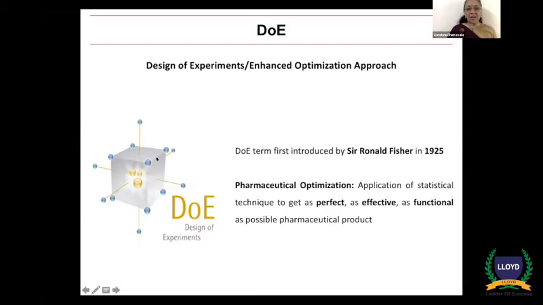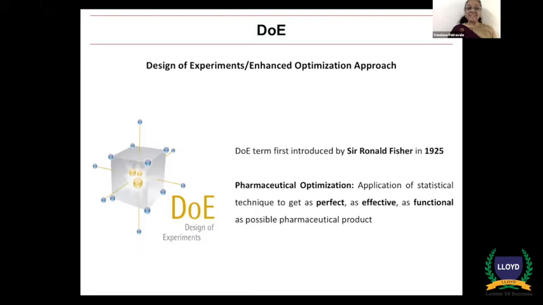I'm not sure how many are from our pharmaceutics field, but definitely remember that this can be applied all across. Pharmaceutical analysts can apply this, chemists need to apply this, ecology people obviously have this as an integral part, and so do pharmaceutics people. So DOE, pharmaceutical optimization, is nothing but application of statistical technique to get as perfect, as effective, and as functional a pharmaceutical